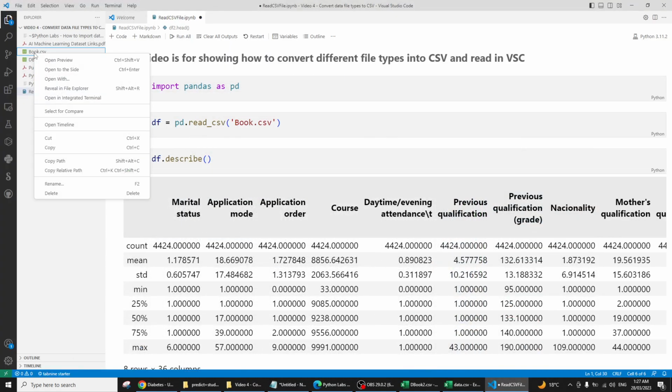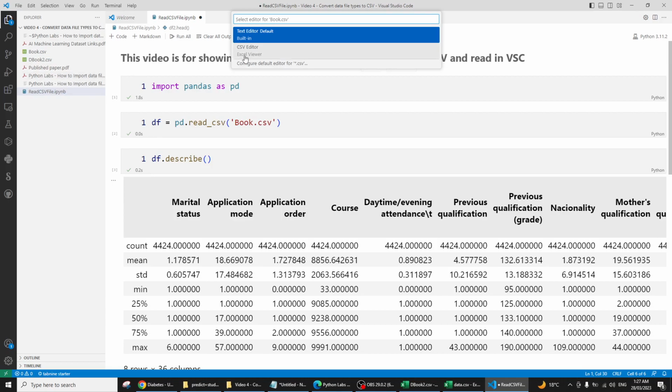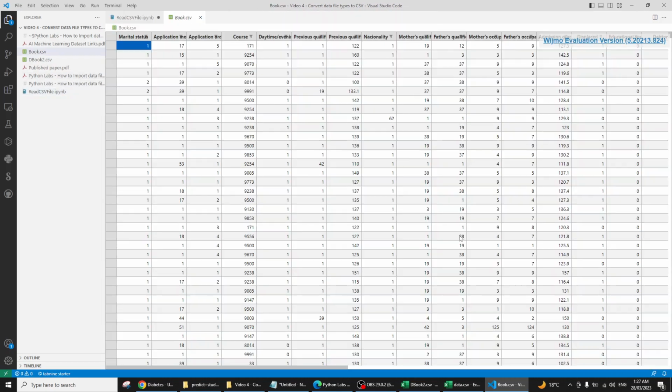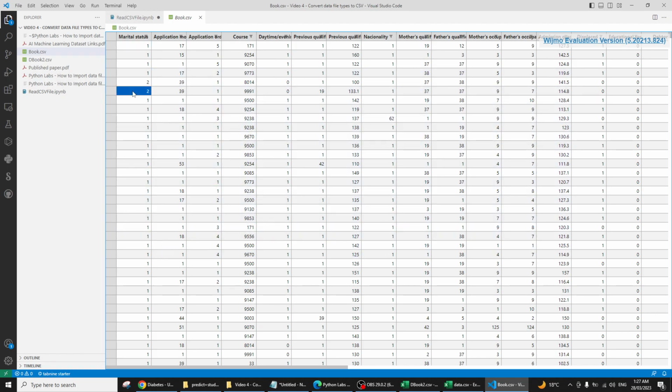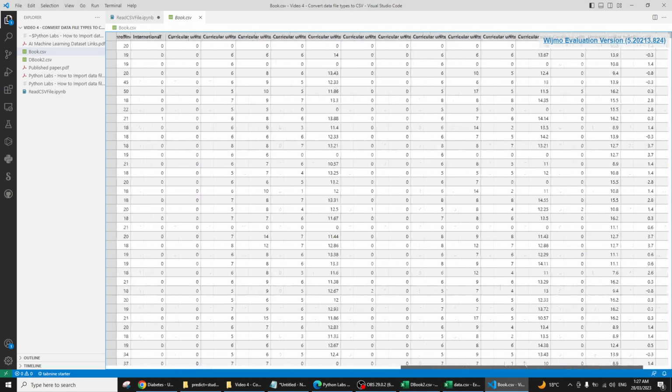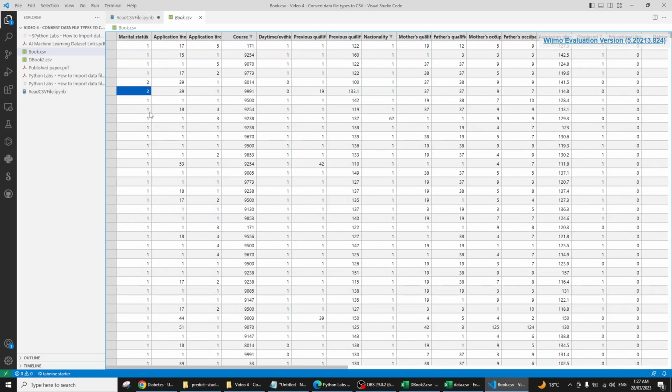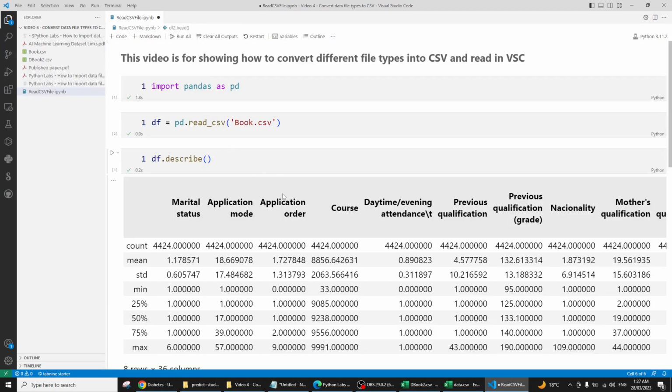Or you can even view the data like this, for example, open with CSV file. It's okay, this is the trial license. So you see here, this is the data set. You can view the data like this, and it makes life really easy to have the data in a CSV file, a nicely comma separated file. And then you can easily read the data set,